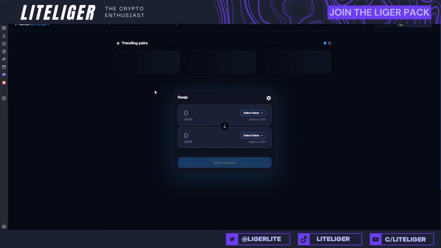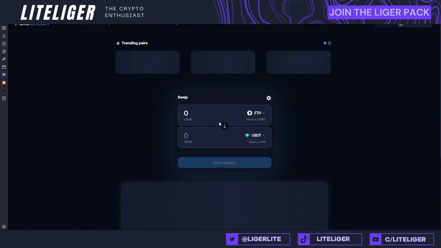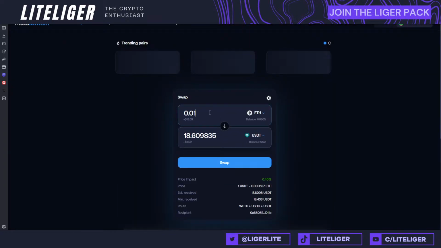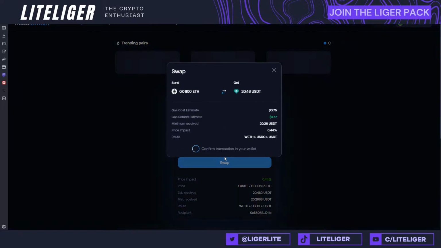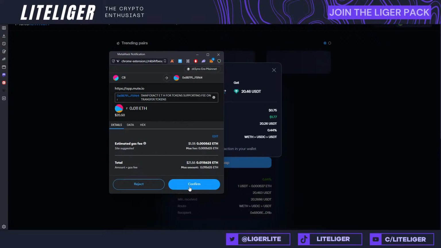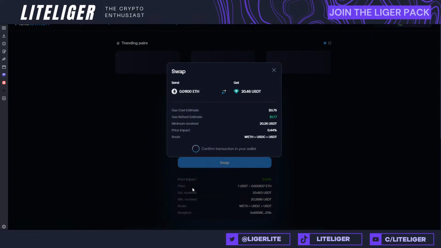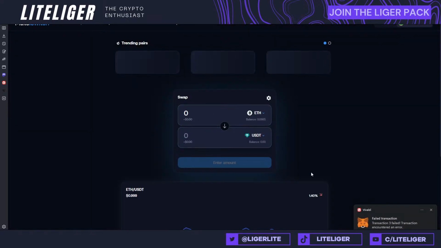So as always, I do the normal pairing. I want to sell Ethereum and I want to get, actually I'm going to do USDT. Usually I do USDC. So I'm going to be getting 0.001, 20 bucks. So I'm going to be providing in total 40 bucks of liquidity. You can definitely do a lower sum if you want to, but that's what I'm going to be doing here today. So I'm going to be providing USDT that you'll probably have.